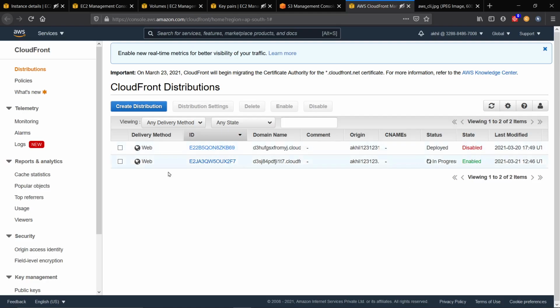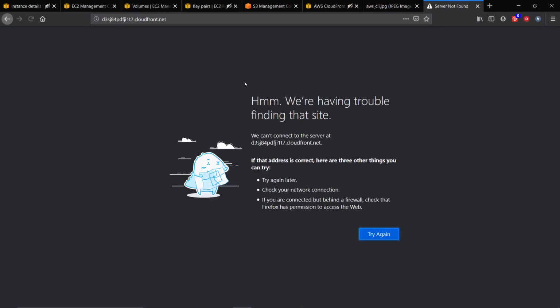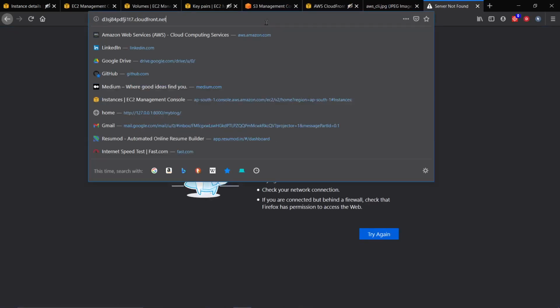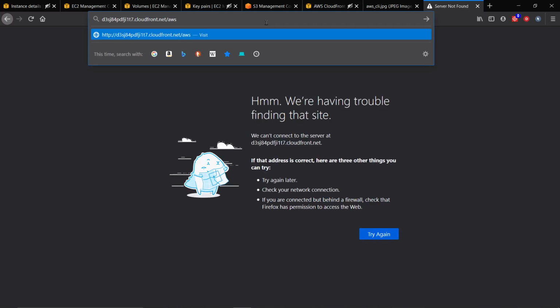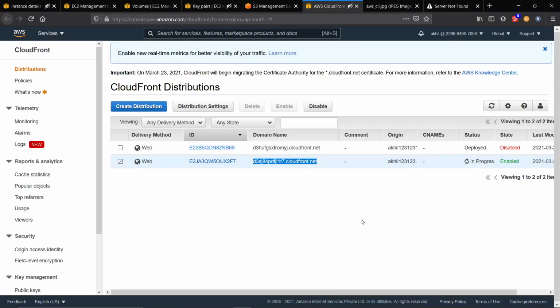So it has been created, and this is what the URL is. Right now nothing will be displayed as we have to verify our file. So give the file name cli.jpg. It is in progress.